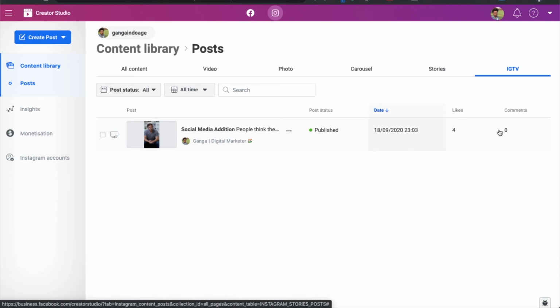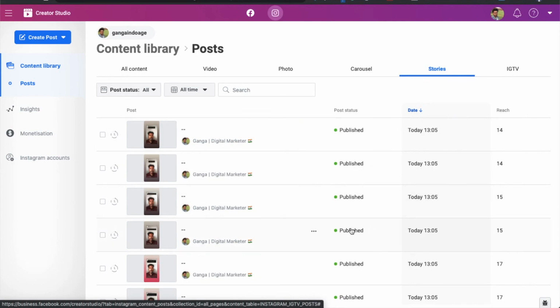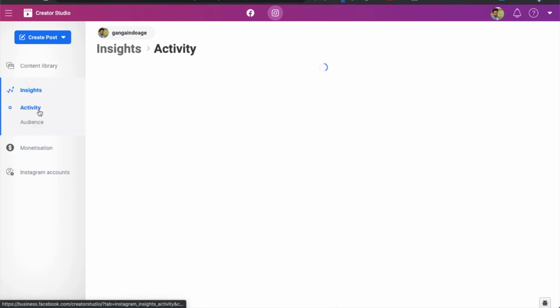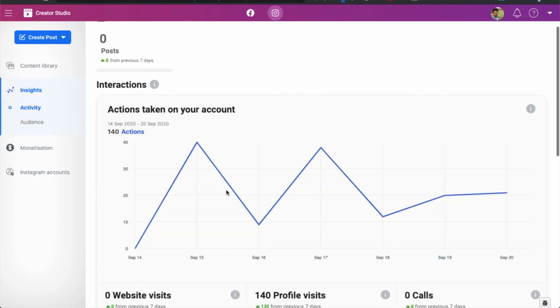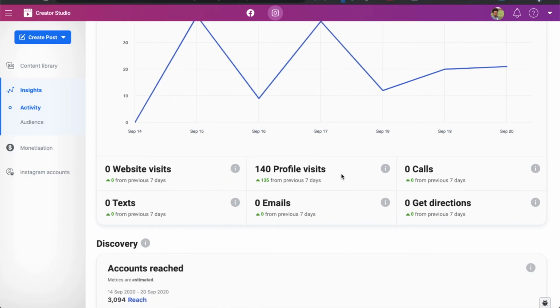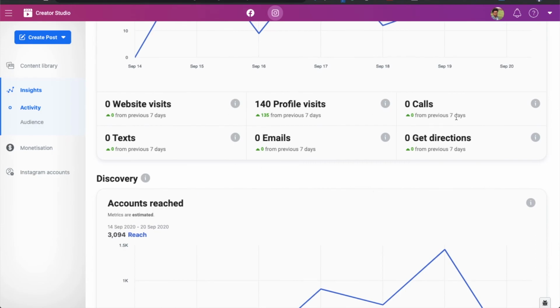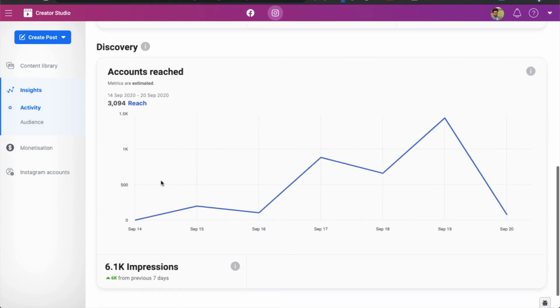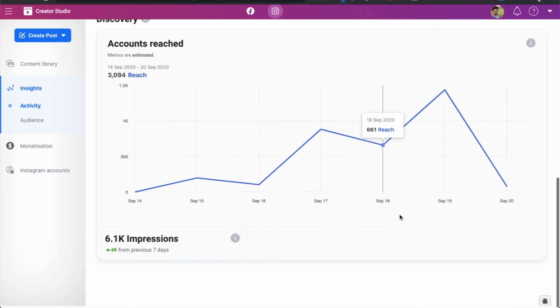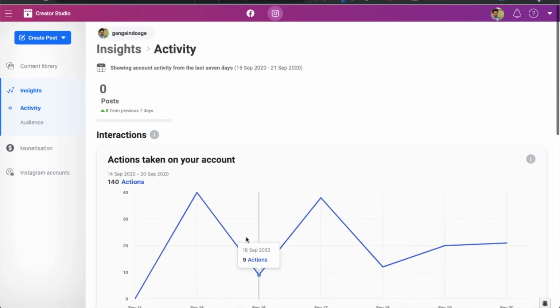Soon there will be one more option added over here for reels, so from there you can see the performance of your reel videos recently added on Instagram. And in insights, you can see the performance of your account: profile visits, website visits, call, directions, email, text, and the account reach, meaning how much the content has reached users. You can also see impressions. So you can check all these things from here.